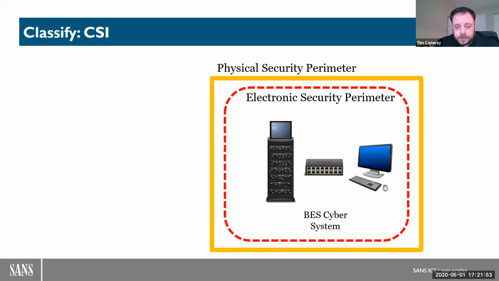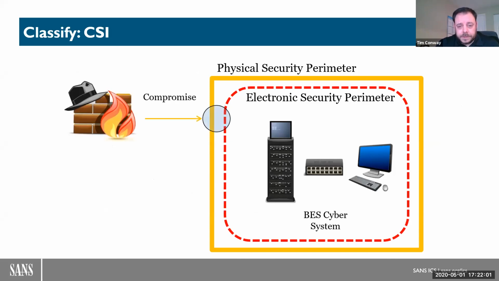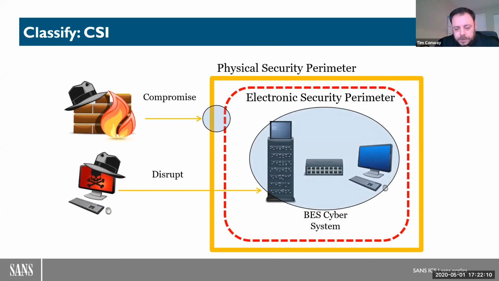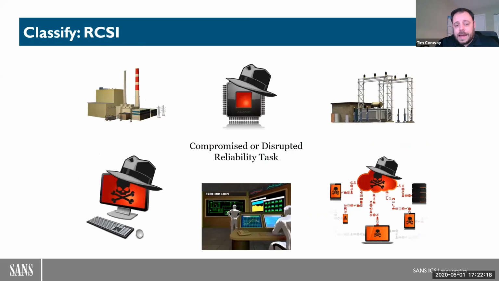So to show you that in pictures, for those who are not really familiar with these definitions or North American electric regs, if there was a compromise of a physical perimeter, somebody broke into a control center or an electronic security perimeter, they breached the firewall, and they actually disrupted the BES, bulk electric system, cyber assets, that is for sure a cybersecurity incident. But if it did not cause any effect on power generation, dynamic response, any type of situational awareness or balancing, or any of the control center functions, then it wouldn't have been reportable.